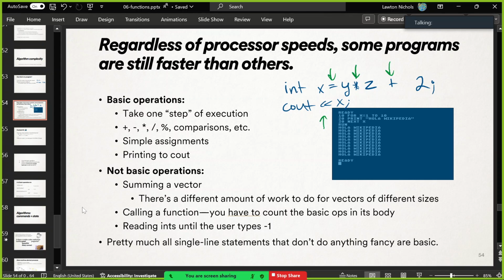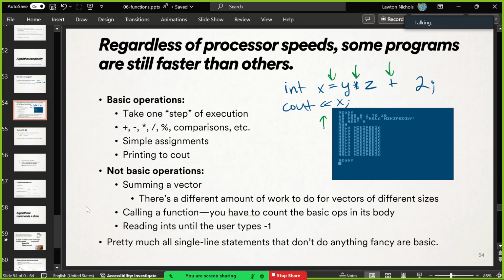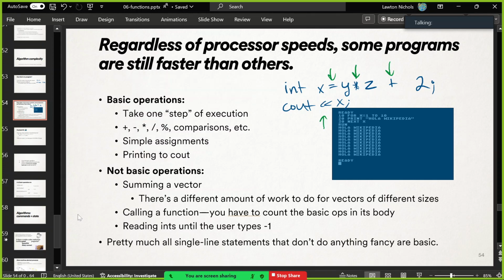It's a bunch of individual basic operations to get the first value, put it into a variable, maybe save it in a sum or something. But it's going to be a loop. Anything that loops that you have no control over is not a basic operation. It's made up of them, though. Does that make sense? So yeah, these small things that you can say take one chunk of time, basic operations,